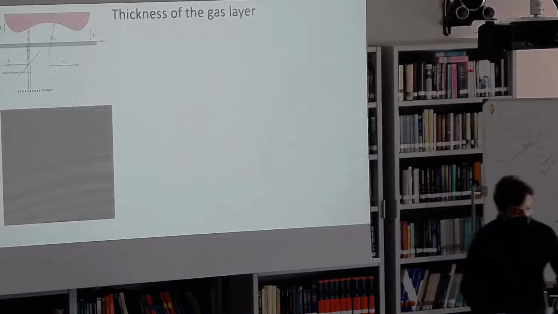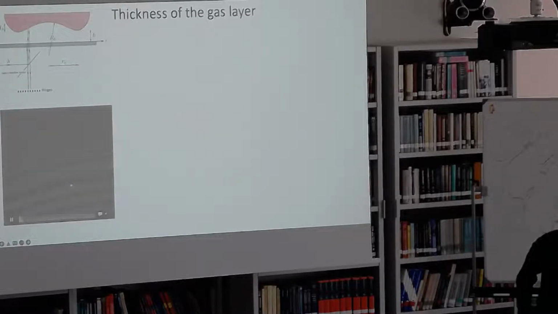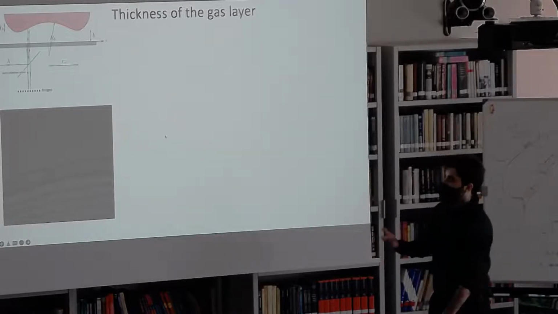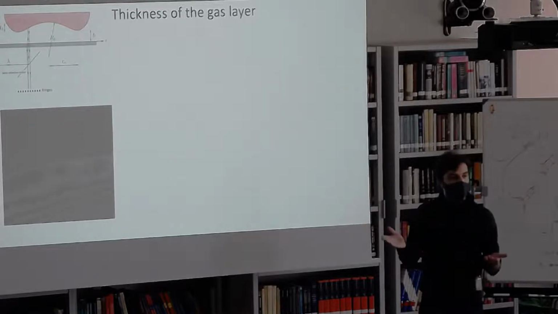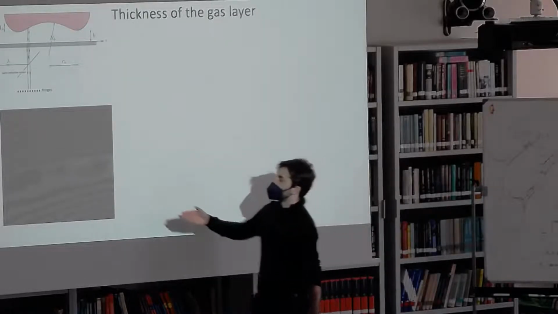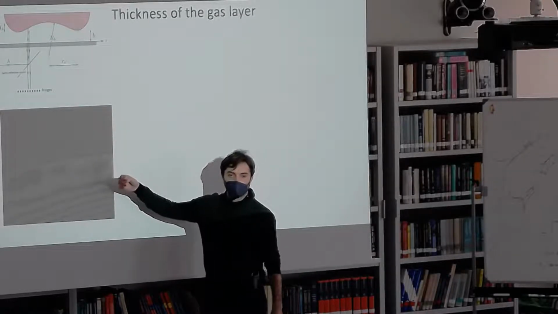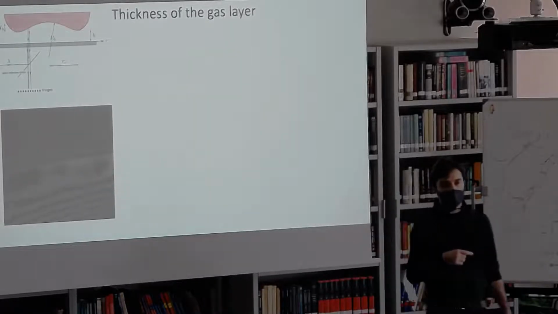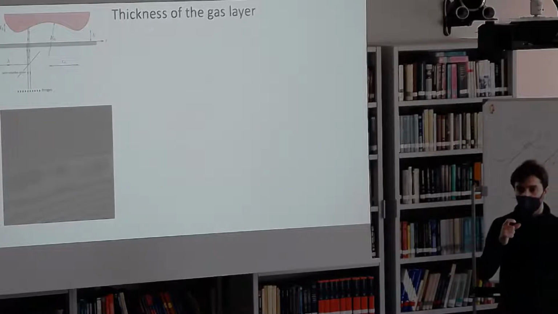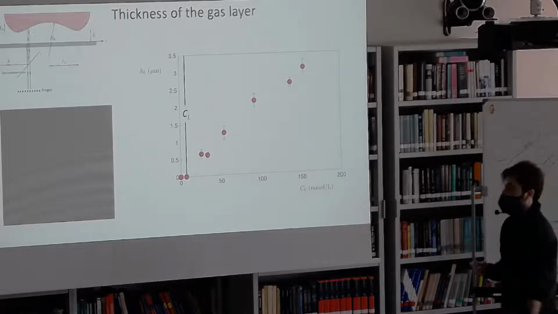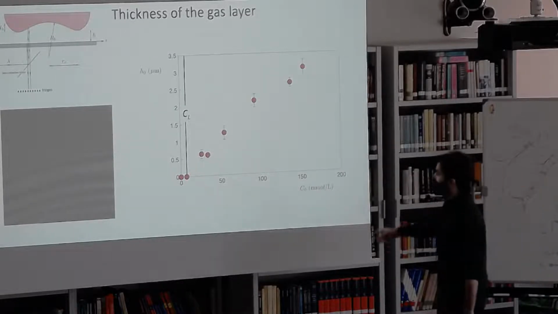When you take a movie of that area, you see that over time it starts pretty stable initially, which helps you define an initial thickness. But at some point, a lot of fringes go through, and you can count the number of fringes until you reach a permanent state, which is a contact. From the contact, you can count backwards all the fringes and estimate the initial thickness of levitation. And so you can measure that initial thickness H0 as a function of the initial concentration of